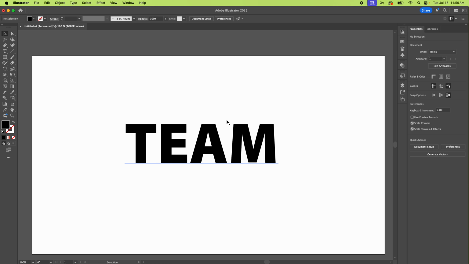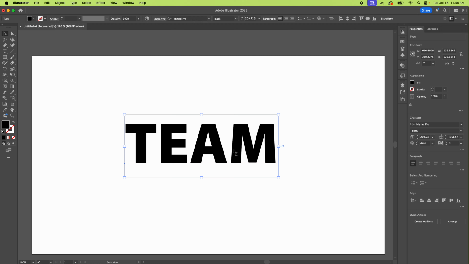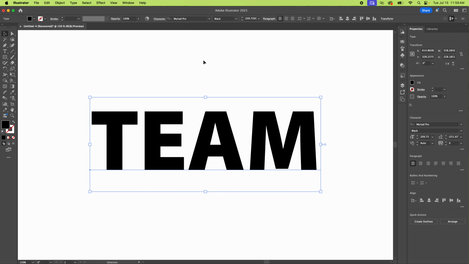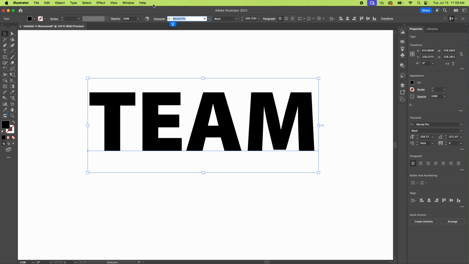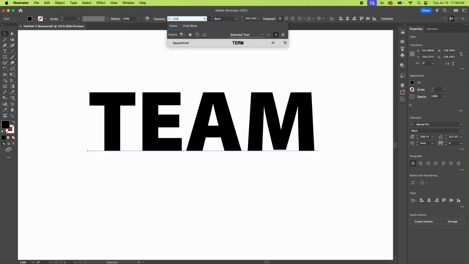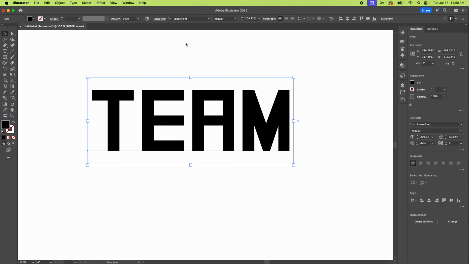All right, here we are in Adobe Illustrator, and I am going to show you how to put an I in team. A little graphic design fun for you. So you can see clearly that there is no I in team, right? So they say. So I'm going to get a nice square font, literally called square font, and we're going to